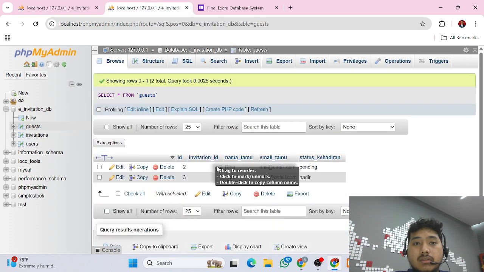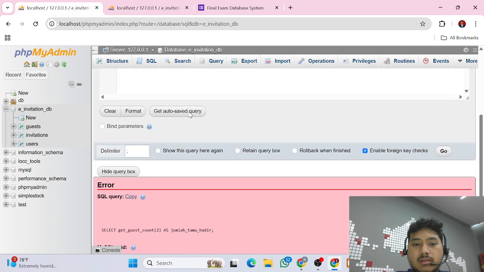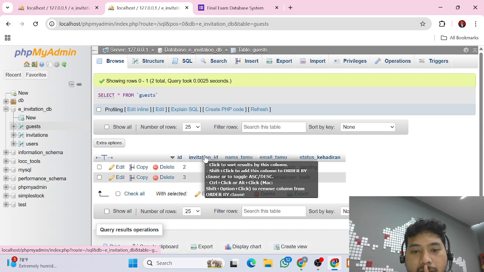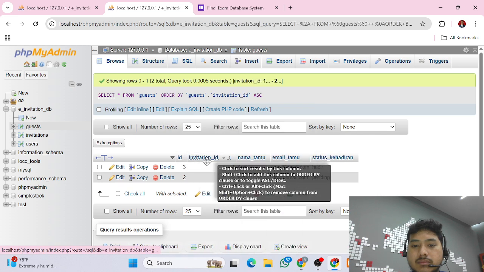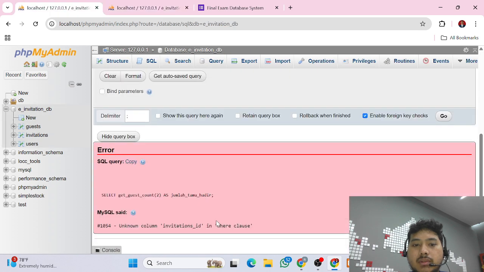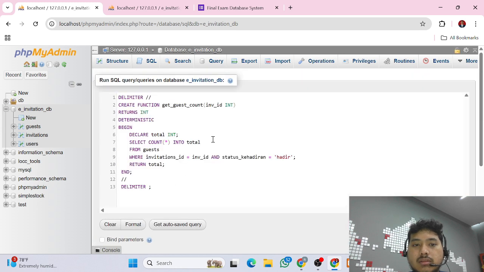We cannot find the column. Okay, I think I do have a typo in the last code. It's not using that as in here, but it's using this as in here. Okay, let's do some fix.